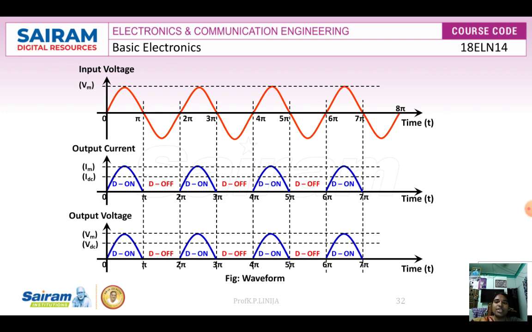So these are the basic operations of the half wave rectifier. A rectifier converts the AC voltage into DC voltage. There are two types of rectifier: one is half wave and the other is full wave. In the half wave rectifier, we use only one diode. Whenever the positive half cycle is given, the diode is forward biased and we get output. Whenever the negative half cycle is given, the diode is reverse biased and we get zero output. Okay, hope everybody understood. Thank you.